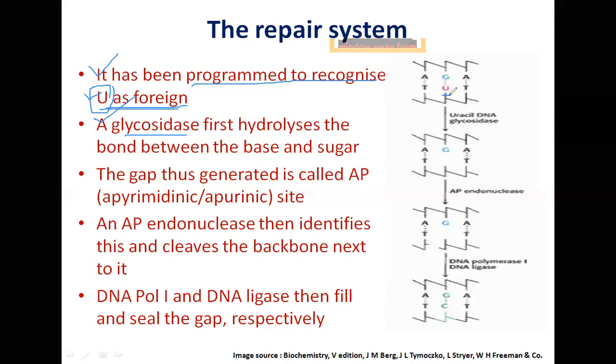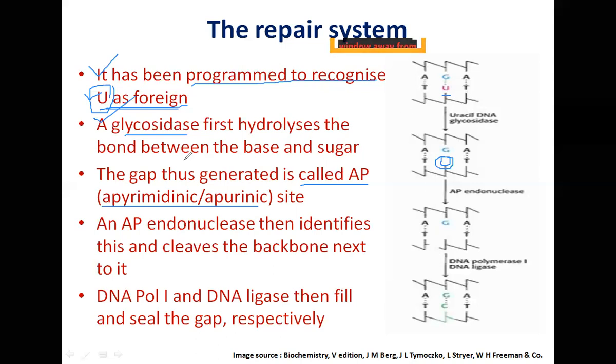So that bond is going to be hydrolyzed, and you will generate a hole, a cavity here, where the base has been removed. This particular site is called an AP site, apurinic site, or apyrimidinic site,